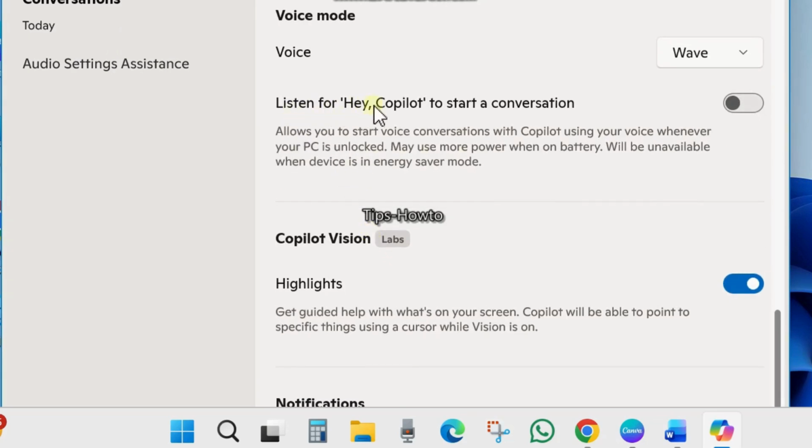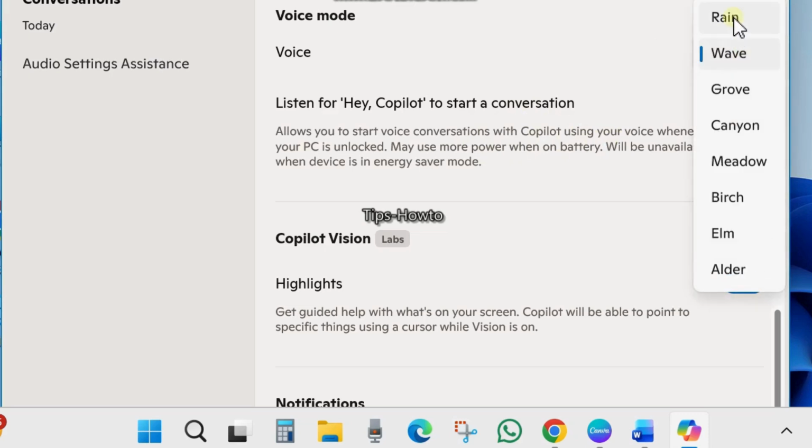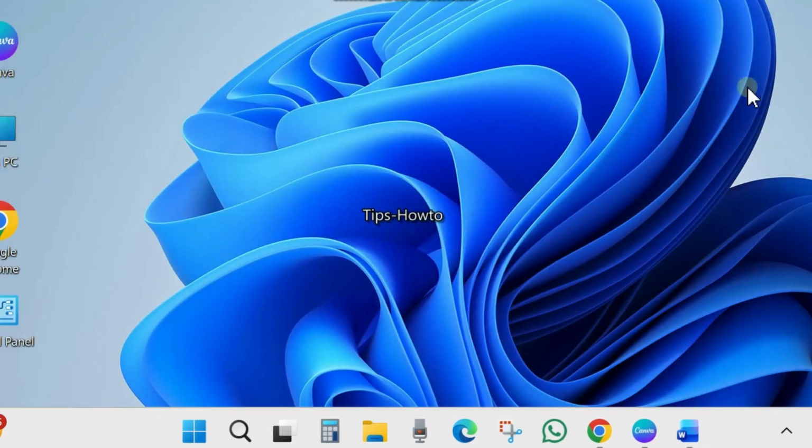Scroll down and you will find voice mode, and here you will find the option "Listen for Hey Copilot to start a conversation." Simply turn the toggle button on to enable the Hey Copilot conversation feature in your Windows 11 system. Now you can ask Copilot directly with your voice. You can say Hey Copilot and ask Copilot for any problem of